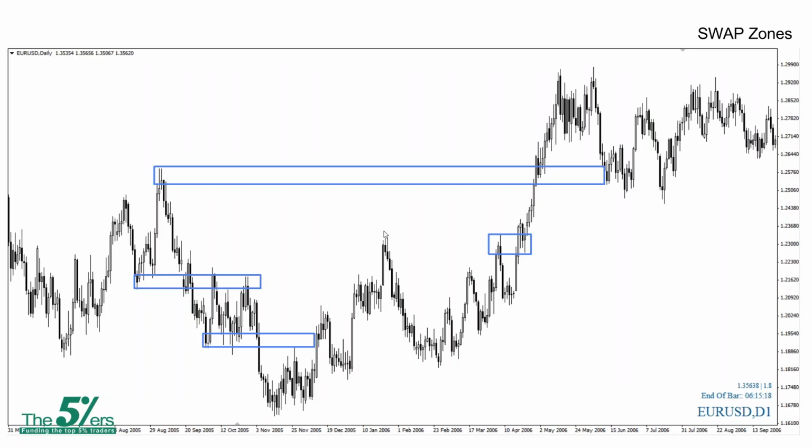Okay, so this is how the swap zone dynamic works, and this is what explains the breaking of the levels. Levels and zones need to be broken in order for the market to function. So just remember that, and that will give you the rule of thumb that whenever you want to trade a supply and demand zone, you will do it only on the first visit and expect only a reaction, not a reversal. And for the next visits on the same level, you will have to be very, very cautious, because we